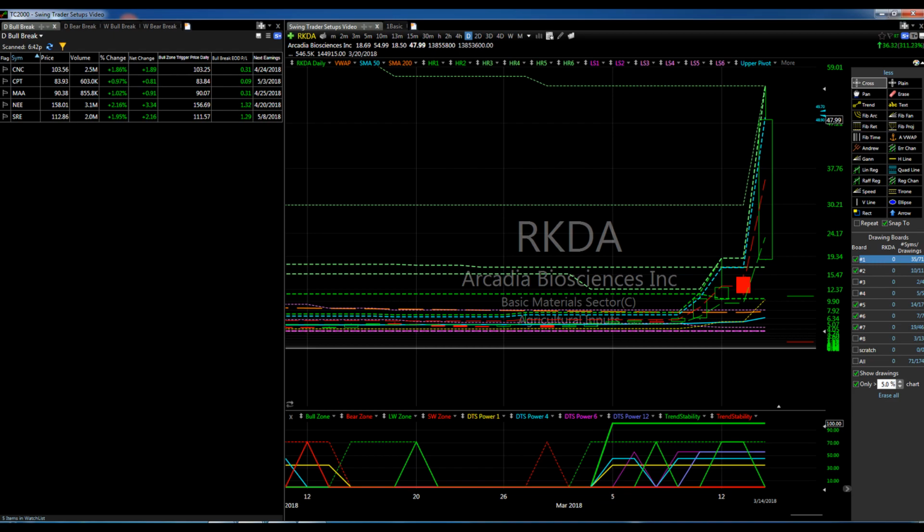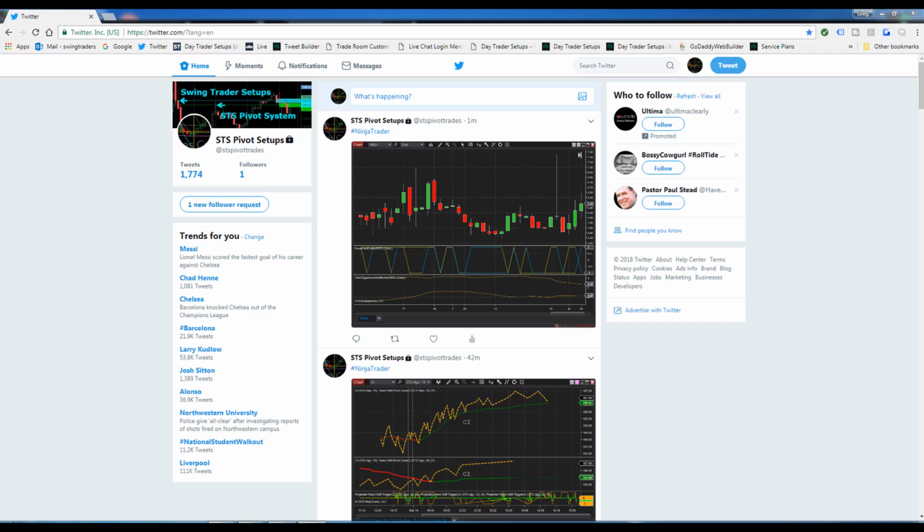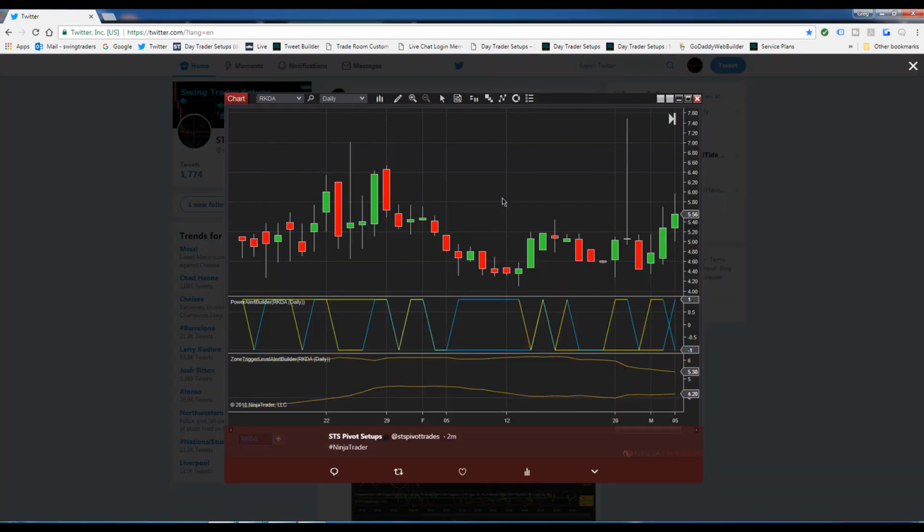Now, if this is what you like to trade, I've had a lot of people asking me about my bull zone through the years. I put it in this package. You don't have to use my pivot system trading. You can use this for nothing but bull zone breaks. This is the stock on the day that it went into bull zone. We've included in this package two different alert builders. They're not really usable on the chart, but you can build an alert off of these plots